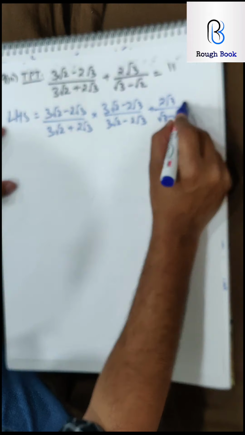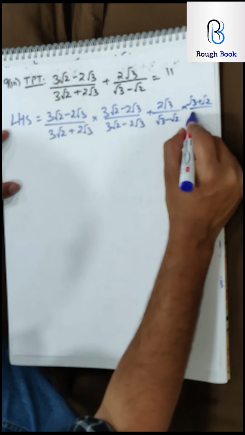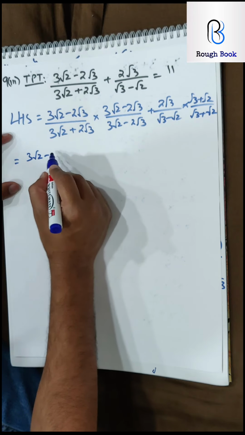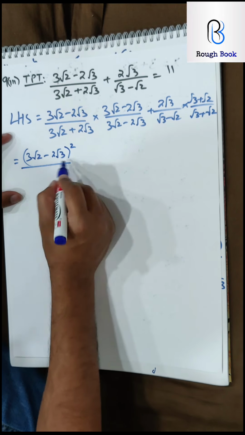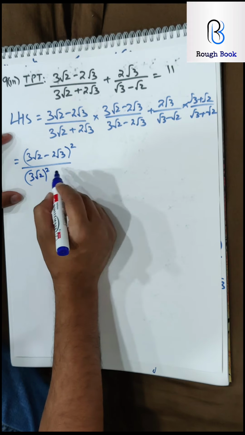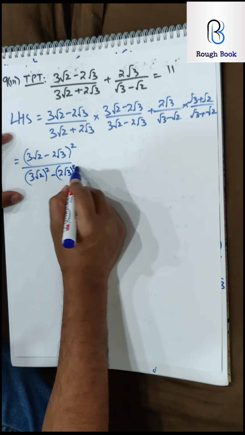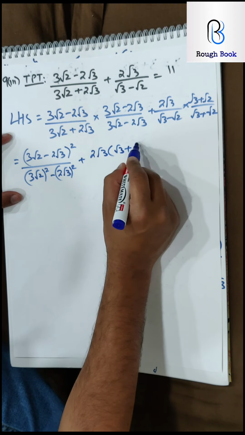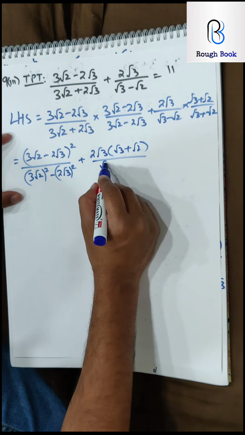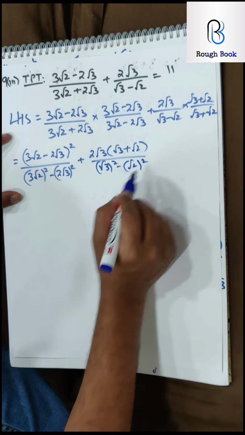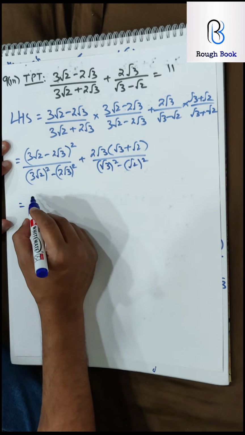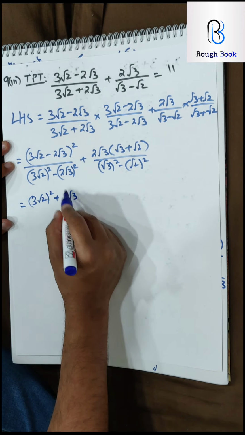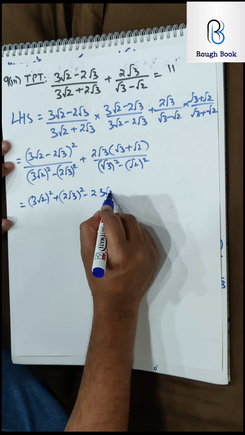Likewise, rationalizing the second part. So here in this case the denominator is the same. So the whole square, numerator, and the denominator becomes a square minus b square. Second part, 2 root 3. Root 3 plus root 2 we can obviously expand it, and denominator again a square minus b square. So numerator a square plus b square minus 2 times ab.